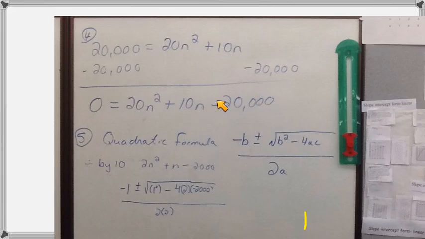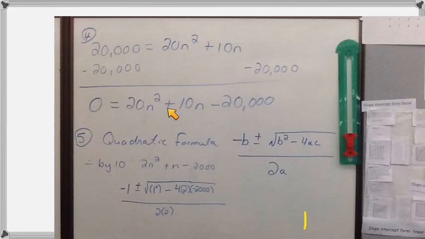Well, now I can use the quadratic formula on this because I have my b, this is my coefficient a, and then this is my c term, which is why I wrote it in this form, getting everything over onto this side. So the quadratic formula is the opposite of b, plus or minus the square root of b squared minus 4ac, all over 2a. So the opposite of b, which is 10, and so